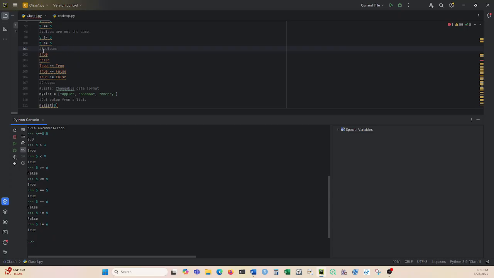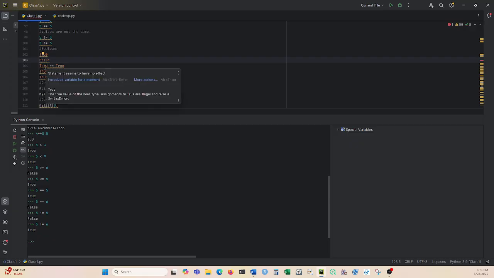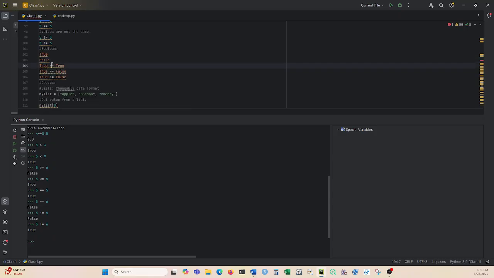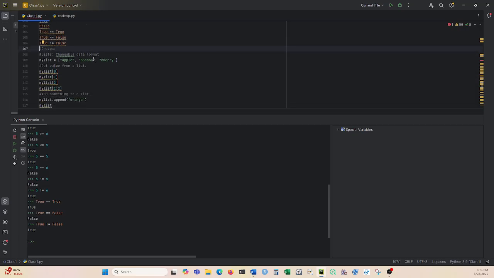And then there's booleans, which are true or false, and they can be used the same way with the comparison functions, which is like, is true equal to true? True. Is true equal to false? False. Is true not equal to false? True. These will also be very useful in the future and more programming. All right, now let's get into